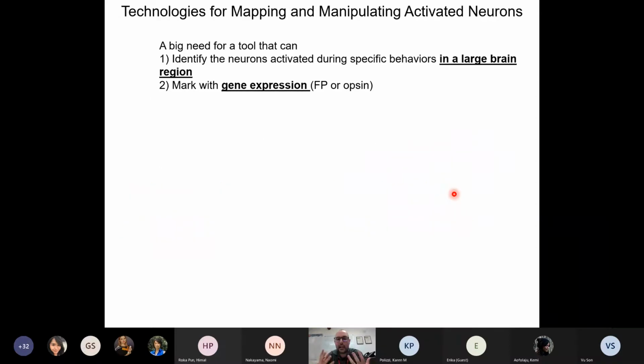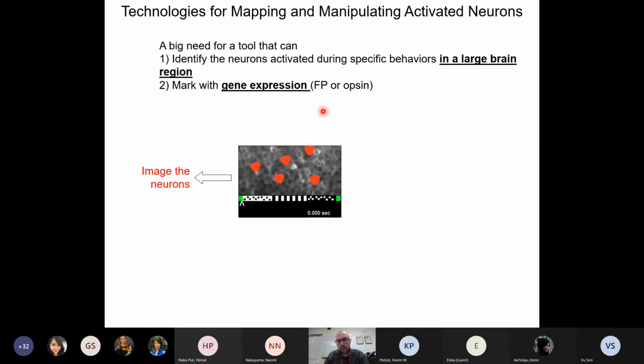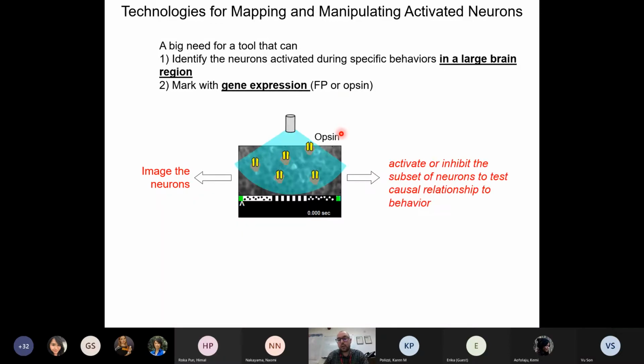So the ideal tool to identify, map, discover, and manipulate the active neurons or the active neural circuits underlying a specific behavior is a tool that can work in a large region of the brain, because the neural circuits are very scattered. And also you can label the neuron with a fluorescent protein to do imaging and discover which neuron has been activated, and then an opsin. Why? Because you want to activate this subset of neurons in order to establish a causal